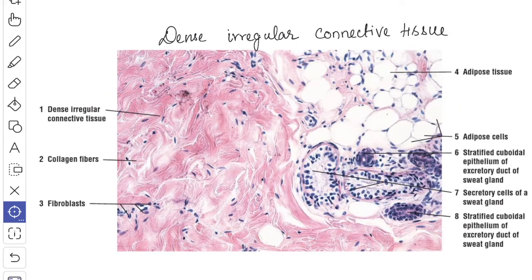In this picture, you can see the collagen bundles do not show a regular arrangement but interlace in various directions. So this forms the dense irregular connective tissue. Such tissue is found in the dermis, the connective tissue sheets of the muscles and the nerves, the capsules of the gland, the sclera, the periosteum and the adventitia of the blood vessels.